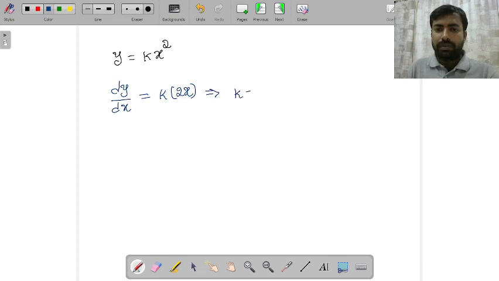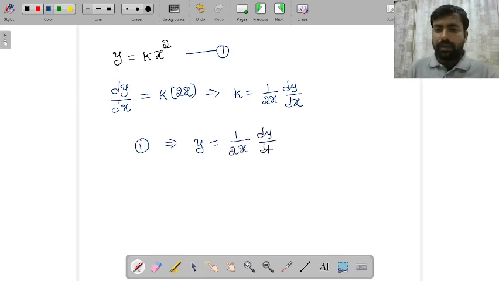So k equal to 1 by 2x into dy by dx. Now let me assume this is expression 1. Now substitute this k in the first expression so that you get y equal to 1 by 2x into dy by dx. In other words, the differential equation which is satisfied by this family is nothing but dy by dx, which is equal to,